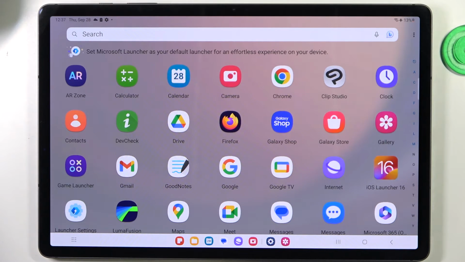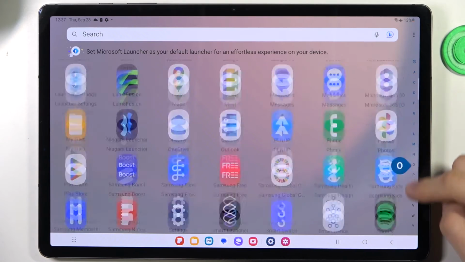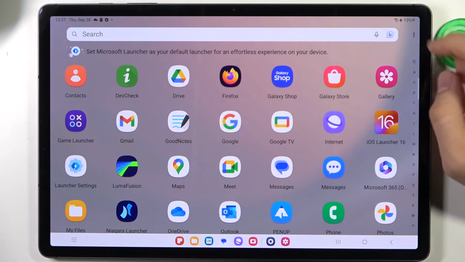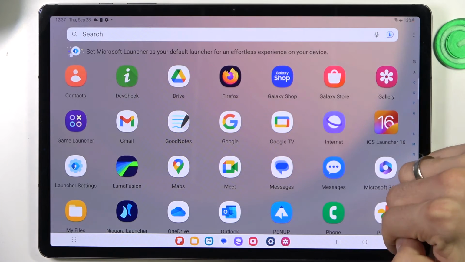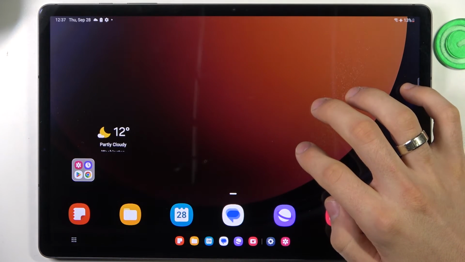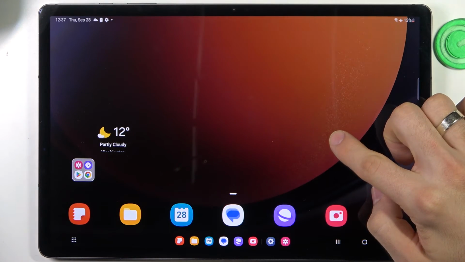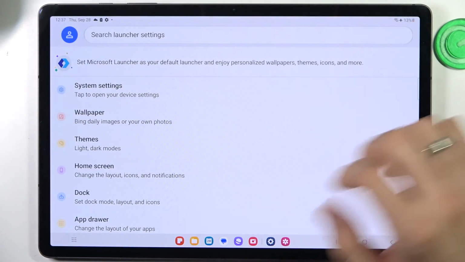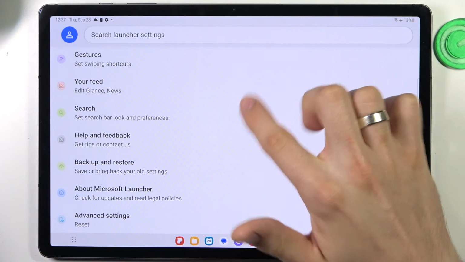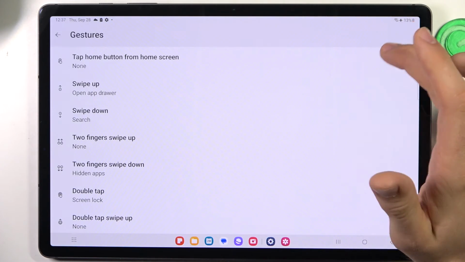My menu here, as you can see, is from the normal Microsoft launcher. Here we have an alphabetical line, here we have Bing search, voice search, here we have a hidden apps feature, and of course we have gestures. Launcher settings, here we have gestures,